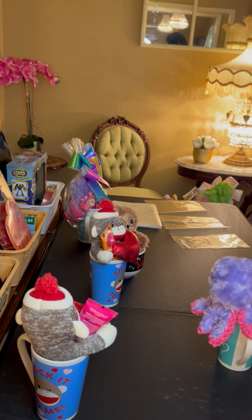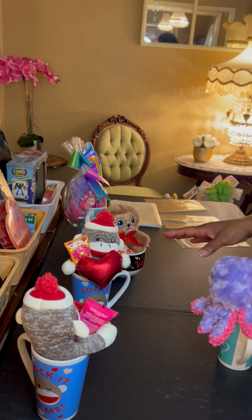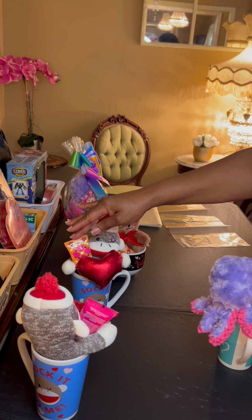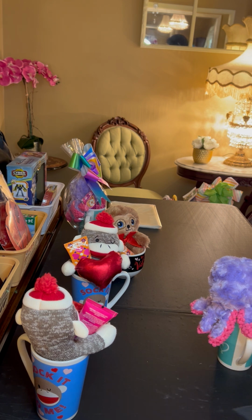I'm bringing to you some little coffee mug Valentine's Day concepts I'm going to put together. These are going to be really simple. These are from last year. Carried these over from last year, and I did not have any lotion or anything in it last year, so I put a small lotion inside, and hopefully that will give it the little bump that it needs to go ahead and sell. So I am going to just put them in these bags that I purchased specifically for these